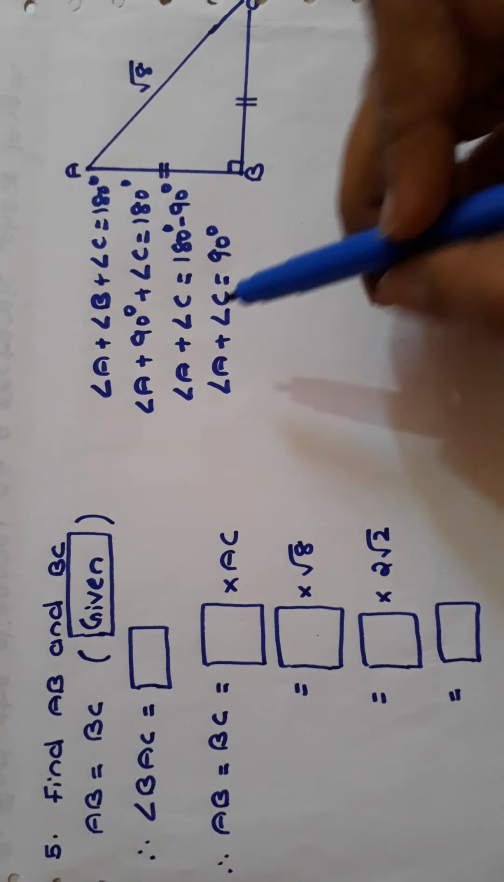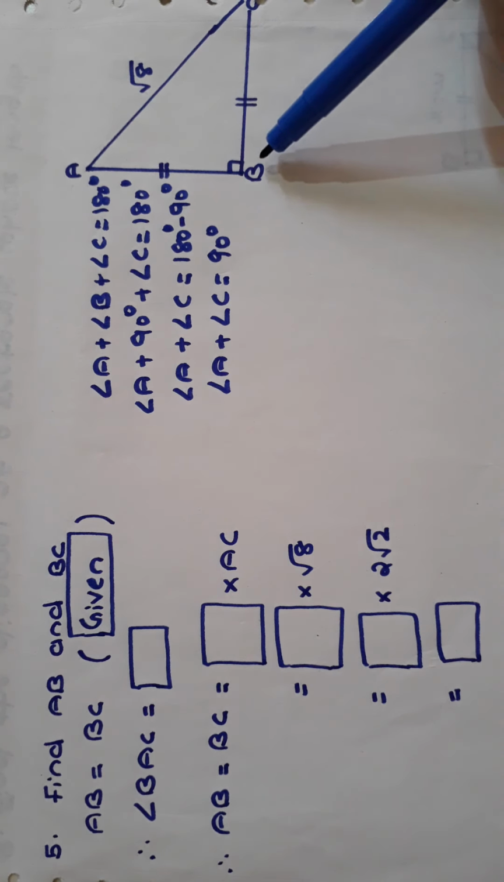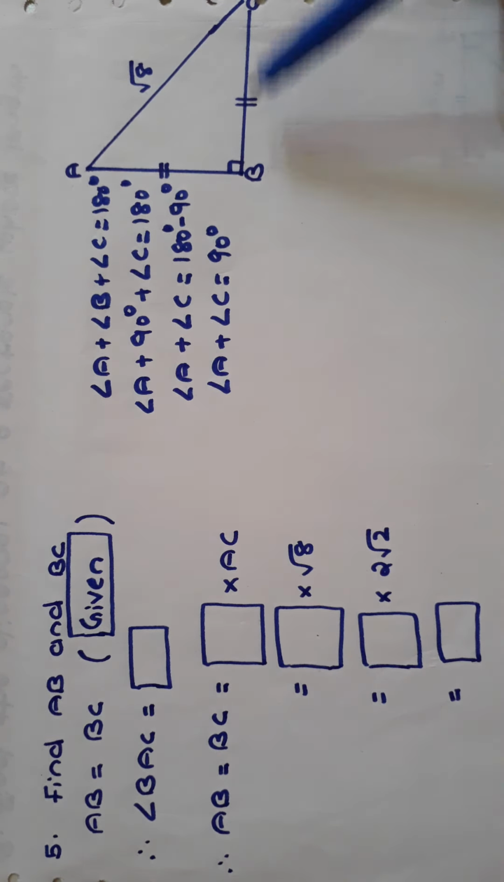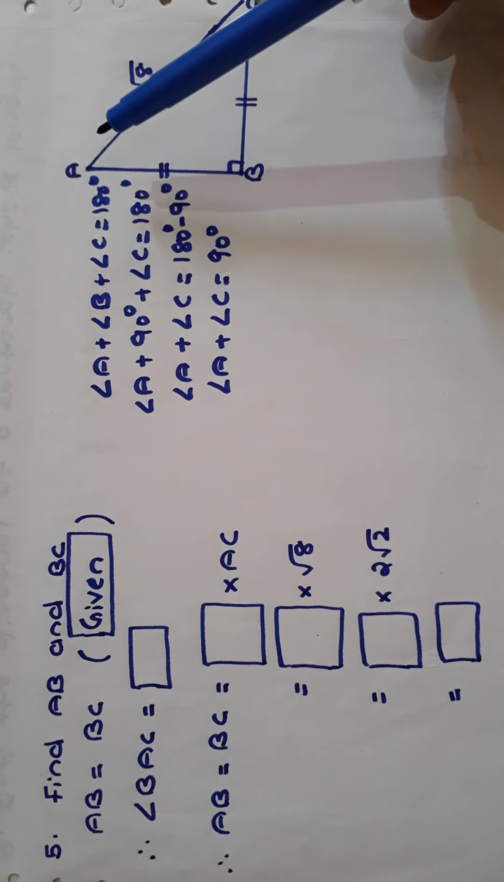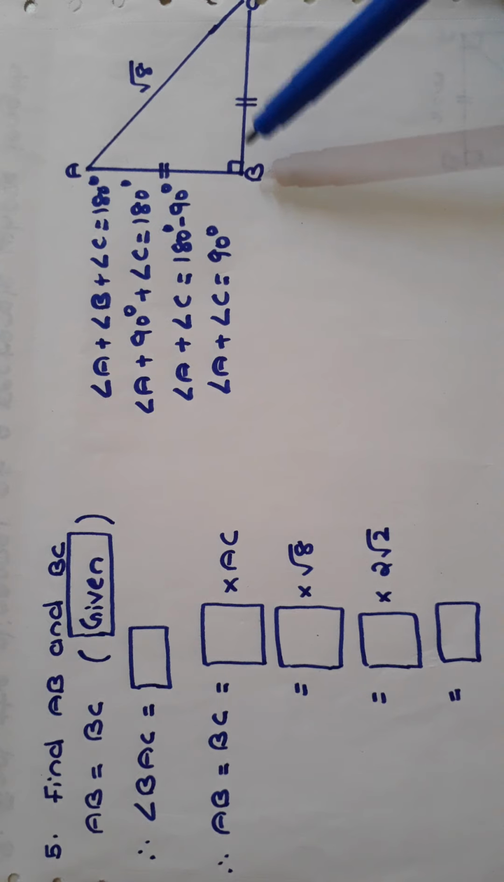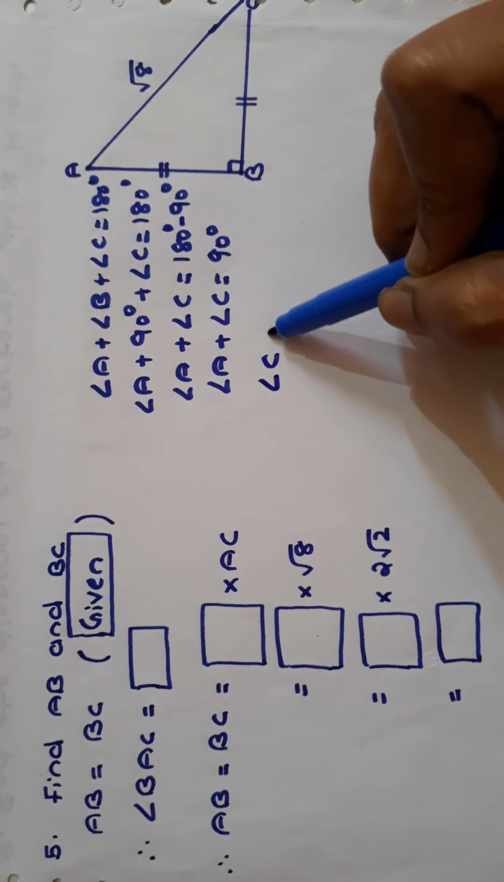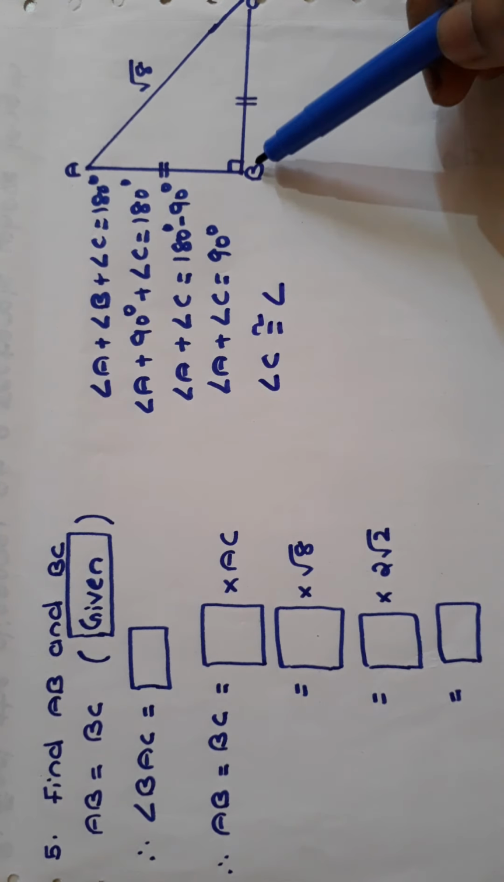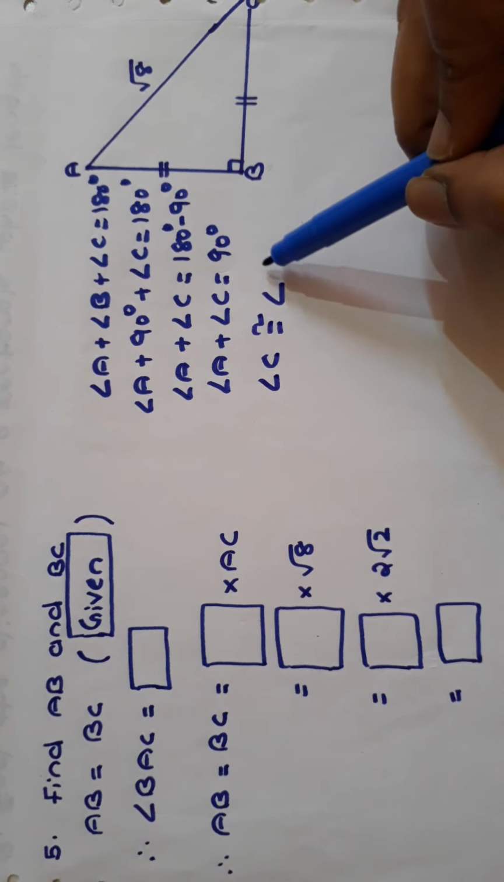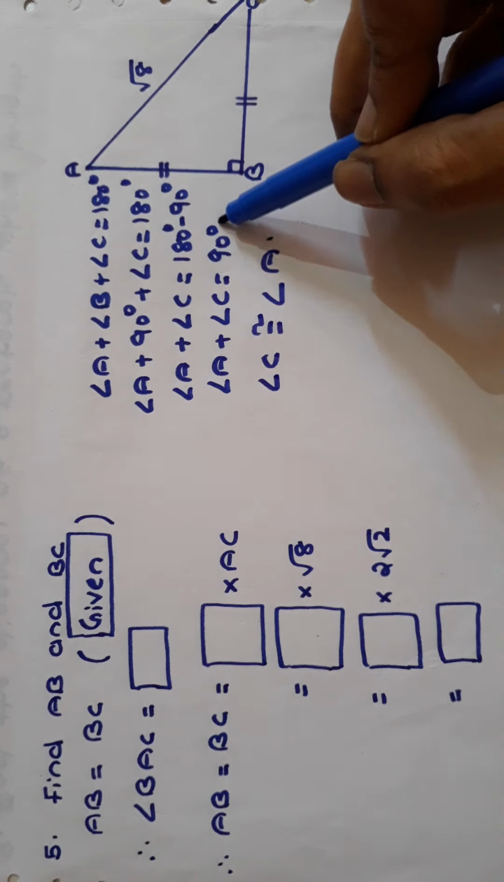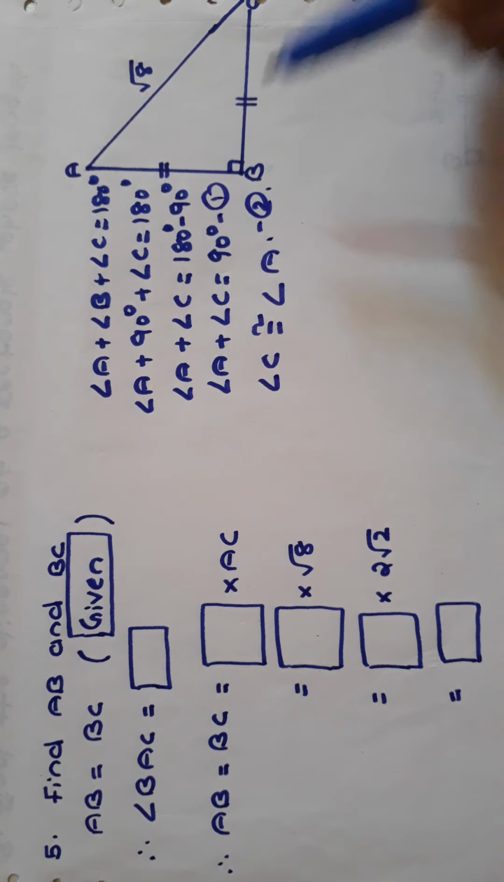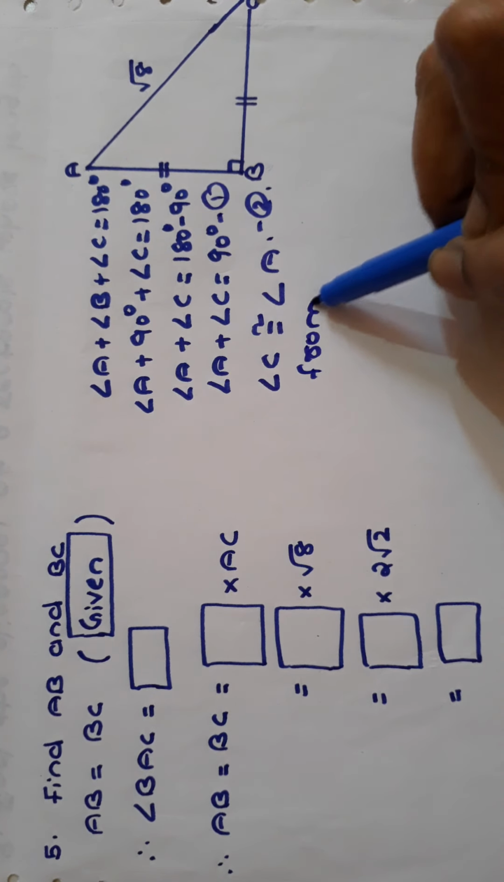90 degree. Now since AB is equal to BC, triangle ABC is an isosceles triangle, and therefore by isosceles triangle theorem, the angles opposite to congruent sides are congruent. So the angle opposite to AB is angle C, which is congruent to the angle opposite to BC, which is angle A. So from first and second we get